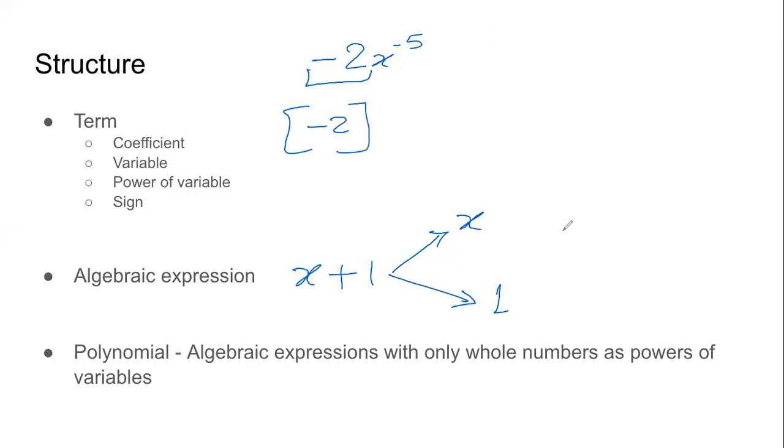Now, if I ask you, in the first term, what is the variable? In the term x, what is the variable? Prachi, correct answer. The variable is x. If I ask you, what is the power of x in the term x? What is the power? It is 1. 1 is correct. And what is the coefficient of the term x? That is also 1. Very good.